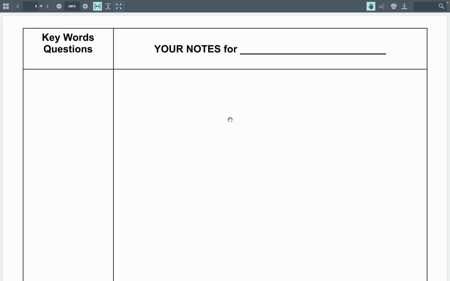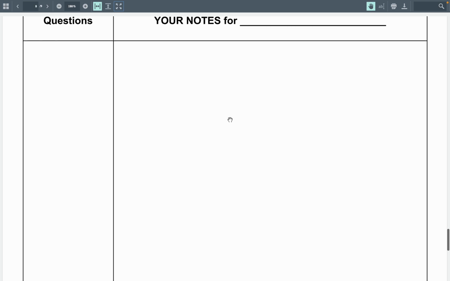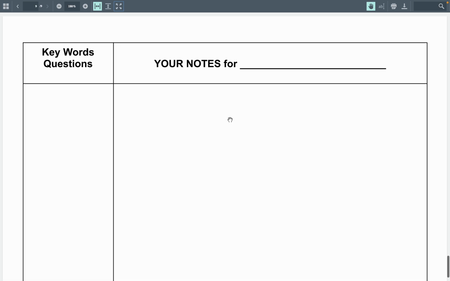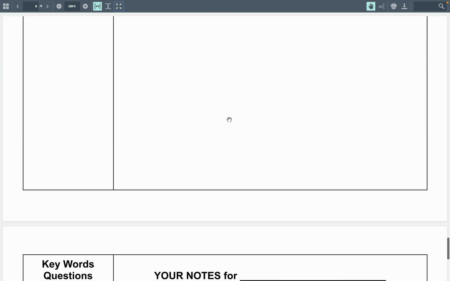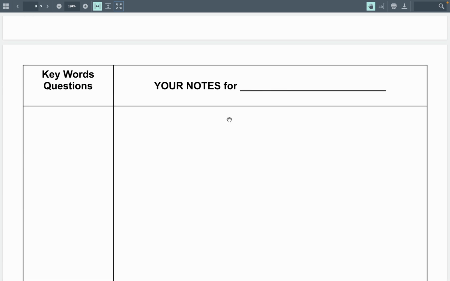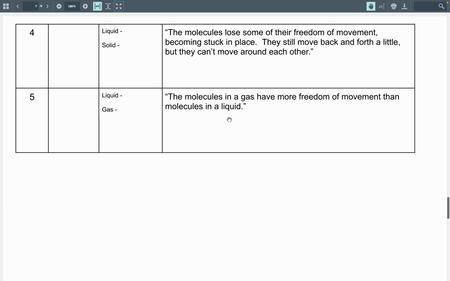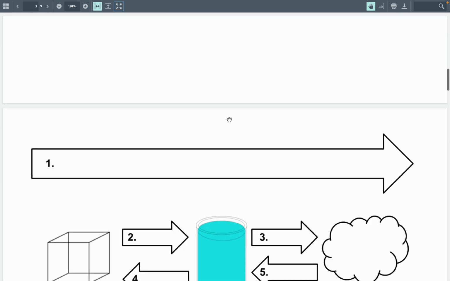Or in the past, anything that she has on a slide that's in red, I know I need to write that down. So the very last lesson in chapter 1, you'll notice that your keywords and your notes are totally blank. That's because you are going to write down your own notes. Okay? All right,